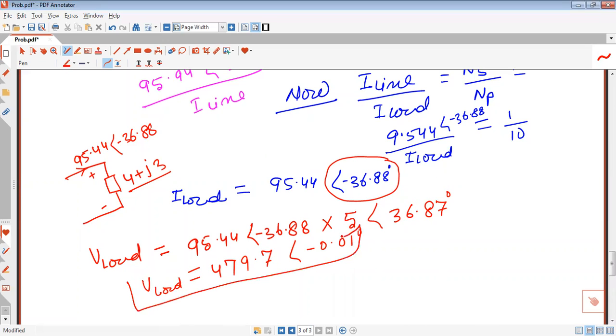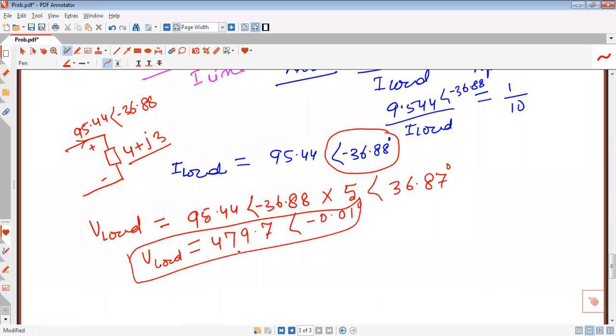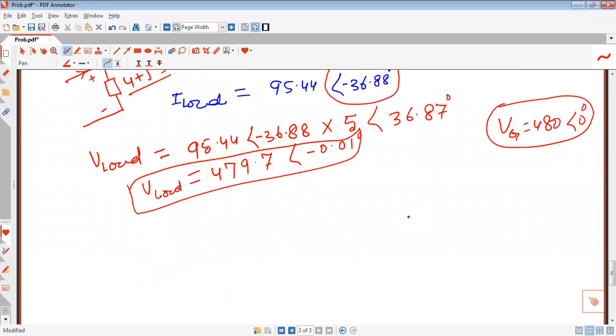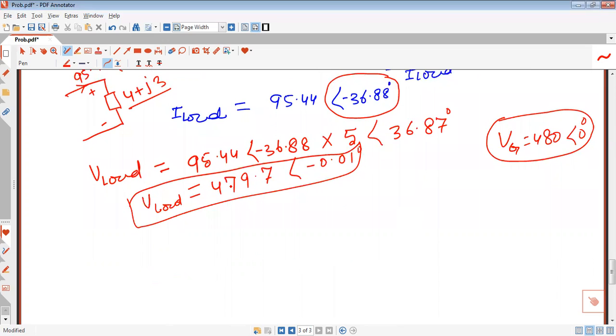This is a very interesting thing here. When we use the transformer, we can see that the voltage at the load is almost the same as the voltage at the generator. At the generator side, how much was its voltage? At the generator the voltage was 480 volt, angle was 0 degree. So we can see this relation and this relation, that voltage is almost the same when we are using the transformer. And if we are not using a transformer, just transmitting directly, the voltage drop was high and it was 454 volt approximately in part A. So now we also have to find transmission loss.